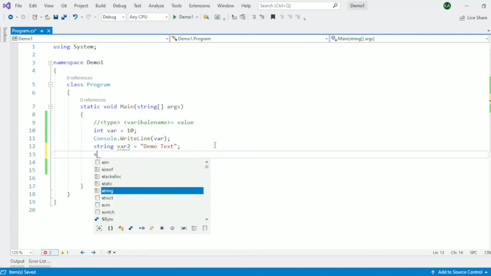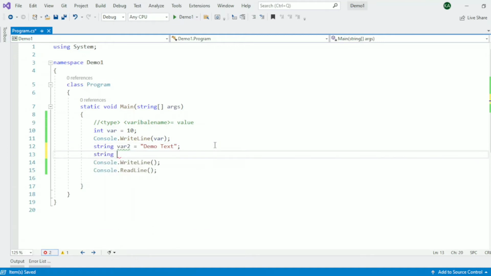While declaring the variables, we should remember some rules. Let me show you by an example. Here I have defined A in a string and I have also defined a in a string.